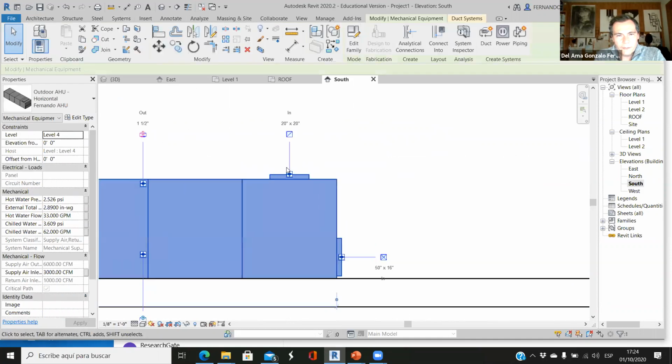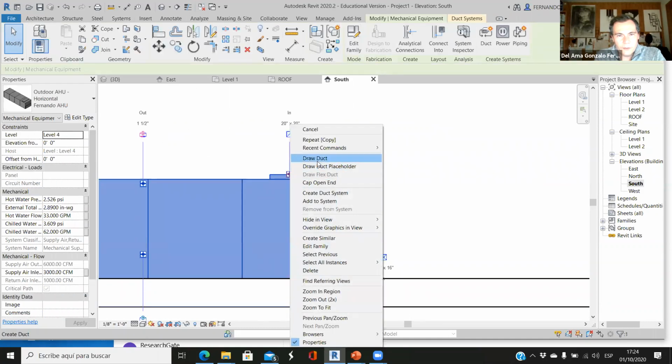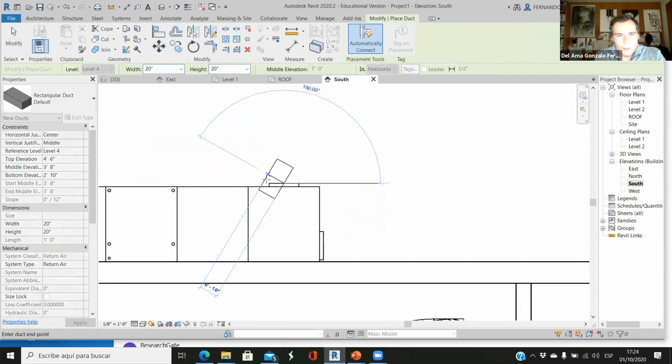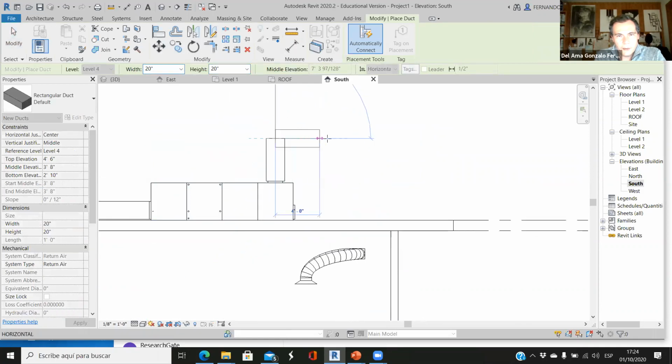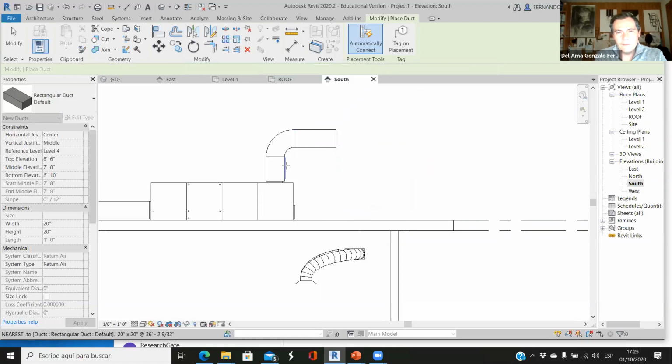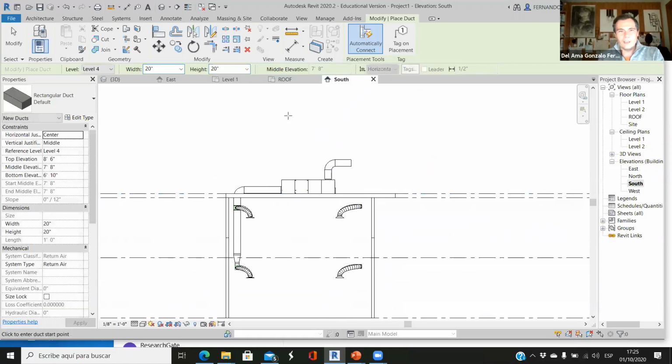We click here, we have to draw duct to go up, then we have to go this way, and then we have to go down. But instead of going down here, I think I should, yeah, I will leave it that way so far,